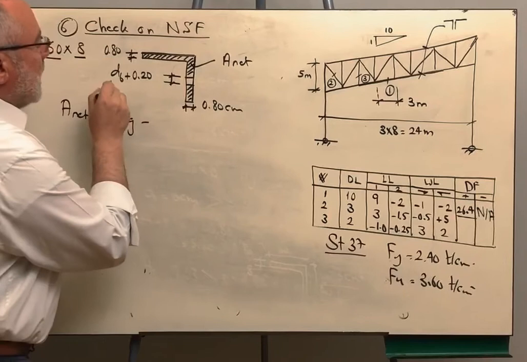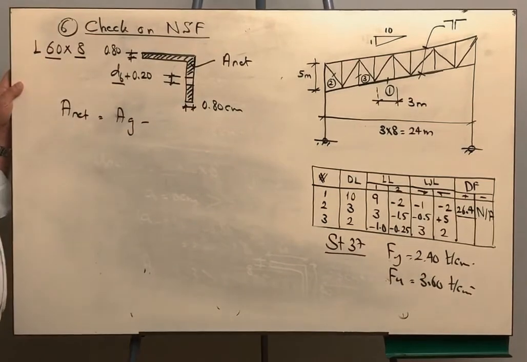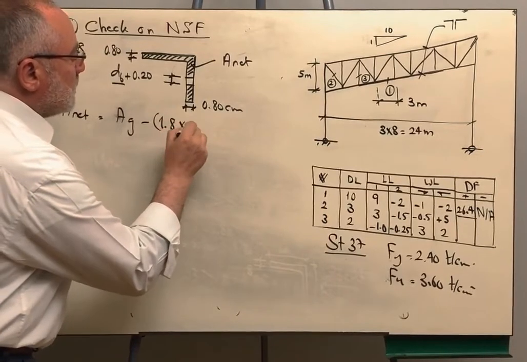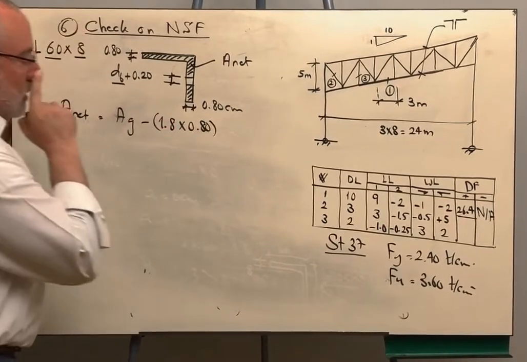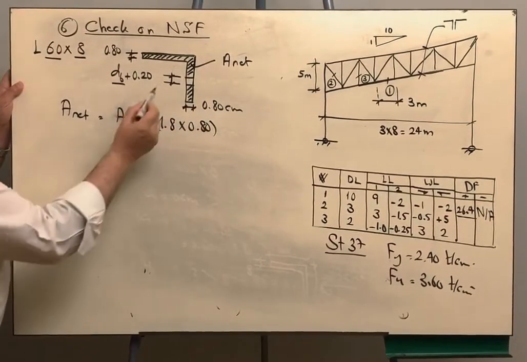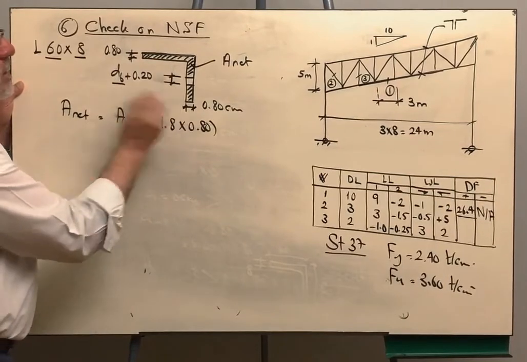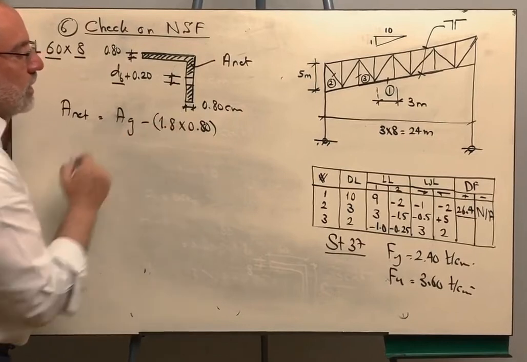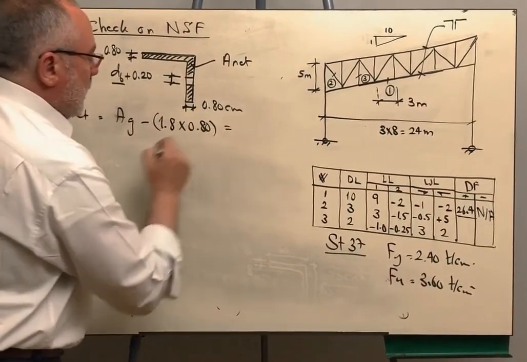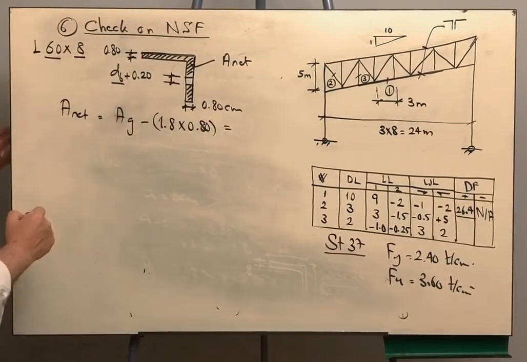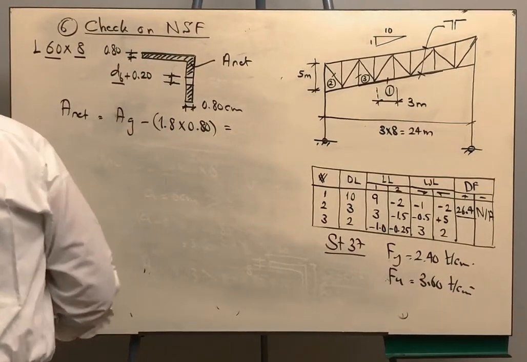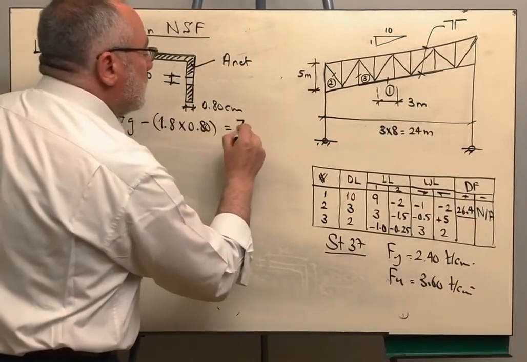The diameter of the bolt is 1.6 centimeter, so this is 1.8 multiplied by 0.8. Again, what is the 1.8? It is the hole diameter, which is the bolt diameter plus 0.2, and 0.8 is the thickness of the angle. If you did this, you are going to substitute here by the area of the angle, and you are going to get 7.59